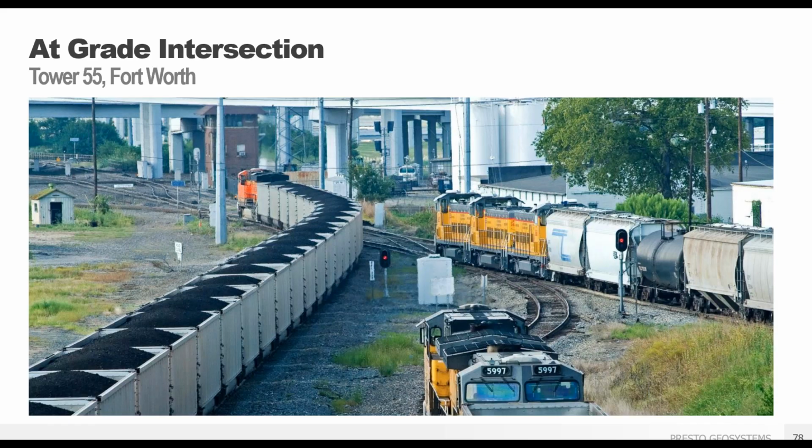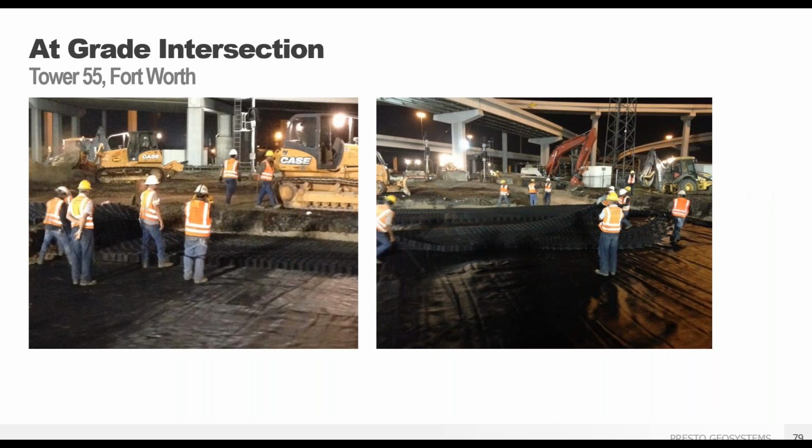So this is Tower 55 down in Fort Worth. It's one of the busiest in the country. There were 100+ passenger and freight trains using this crossing per day. Due to the high volume and the slowness because of speed, they had to reduce the speeds because of some of the degradation in that crossing. Delays could be up to like 90 minutes on each of those trains. So it was a significant bottleneck for the passenger trains and the freight trains. So this was a very important crossing for the Class 1.